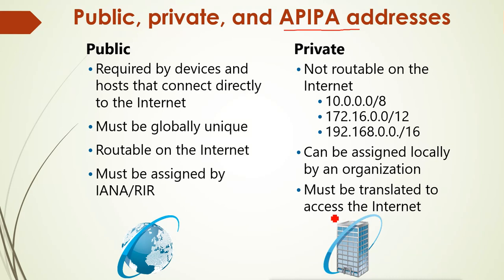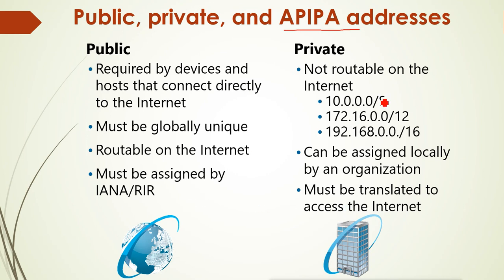So you have to configure the NAT, that is network address translation, on the router gateway, so that you can go to the internet. That means you will translate the private IP to public IP. So basically you are not going with the private IP, you are going only with the public IP, but your private IP is translated by the router to go to the internet.